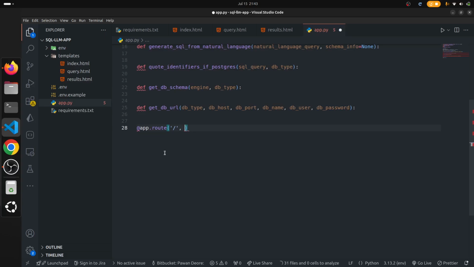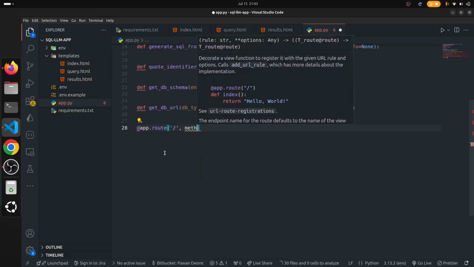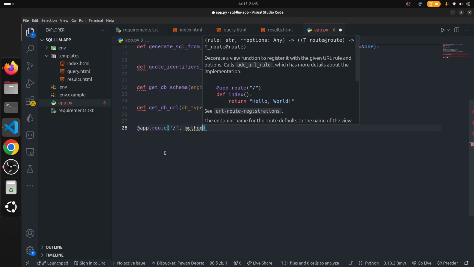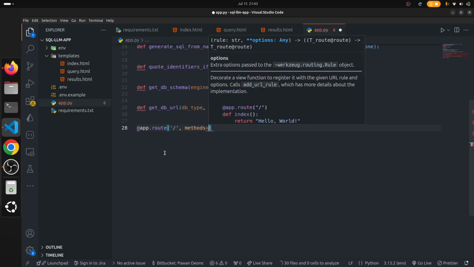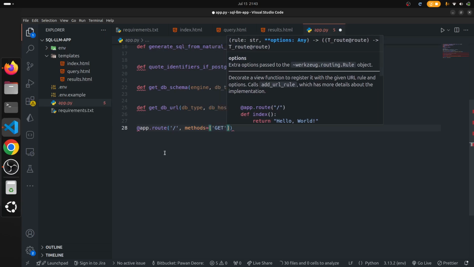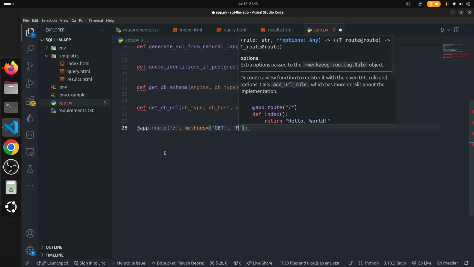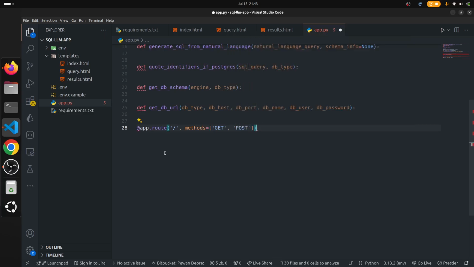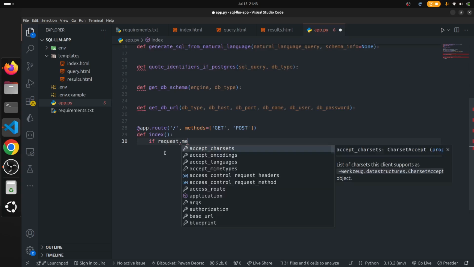So in here it will also accept the methods, GET and POST, and def index. So here if request.method